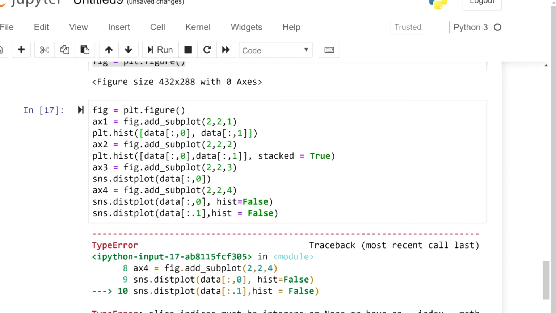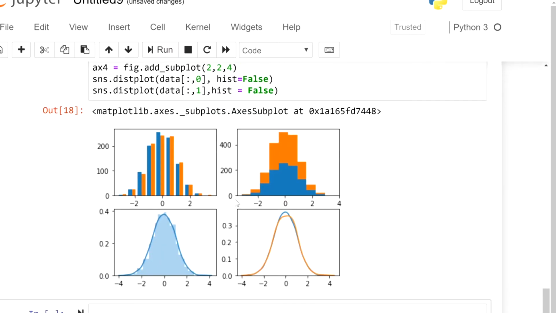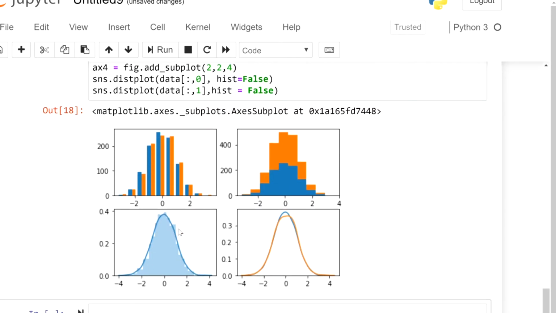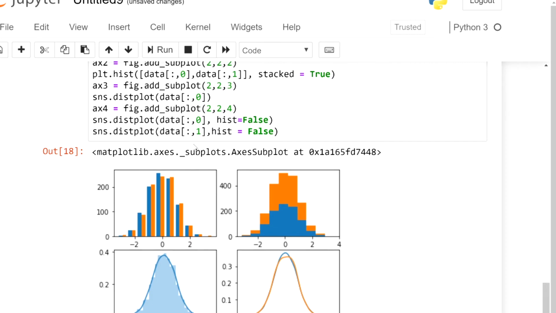Okay, there is another typo here. Let me run it. Okay, here we go. So now you can see 2 histograms on top left, then the stacked version, and the third graph on the bottom left is actually both the density plot and the histogram, and then the last one is the 2 density plots